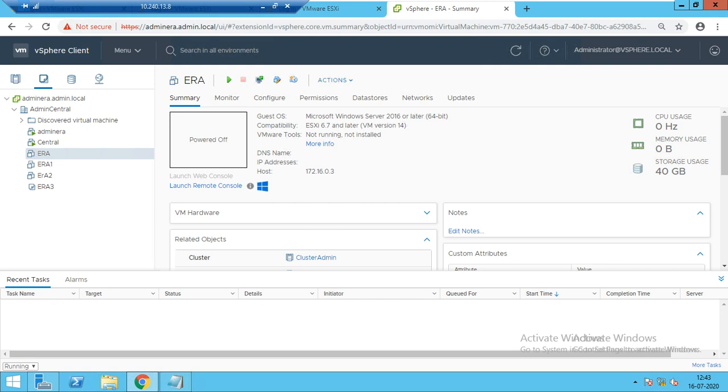I'll tell you some differences between the template and the clone. Template is used for production, clone is used for UAT purposes, because a template is a master copy and a clone is a copy where you want the exact same copy. You cannot clone a number of virtual machines at the same time. And a template you can edit, means you can anytime convert from template to virtual machine. But after the cloning you cannot revert back the clone, but you can revert back the template.